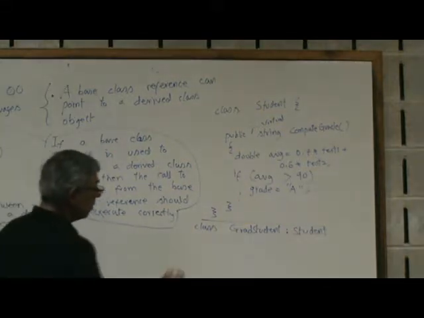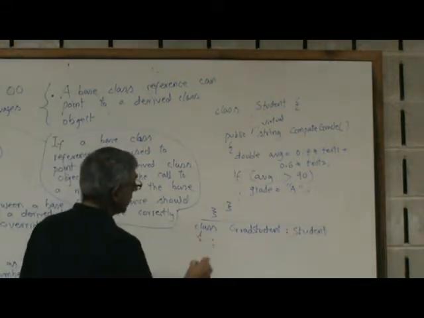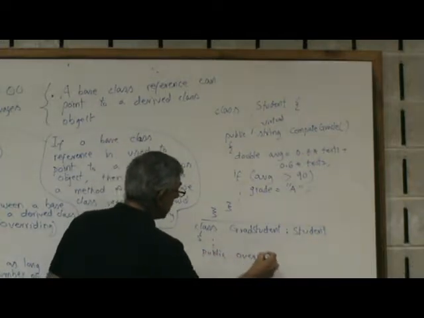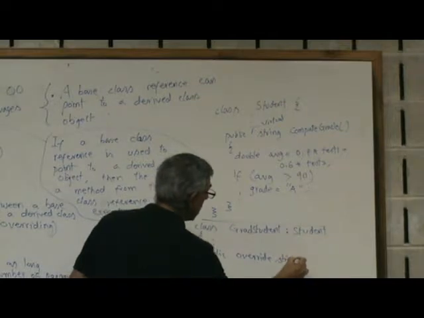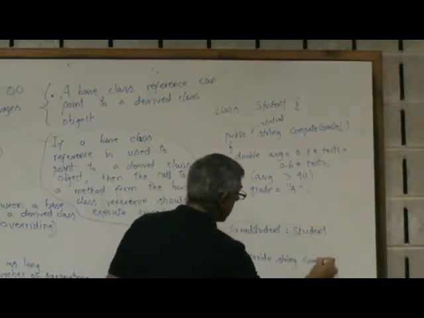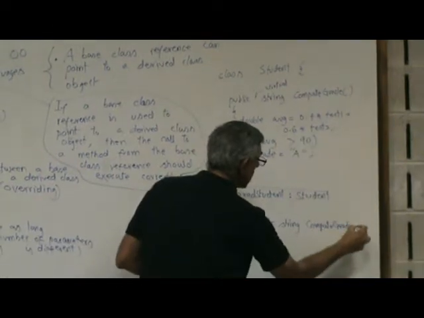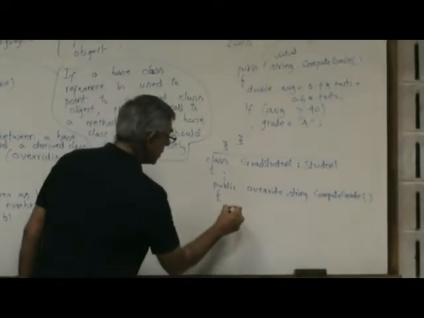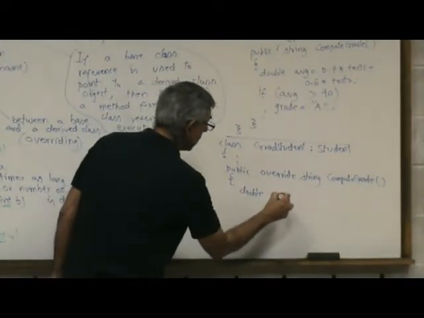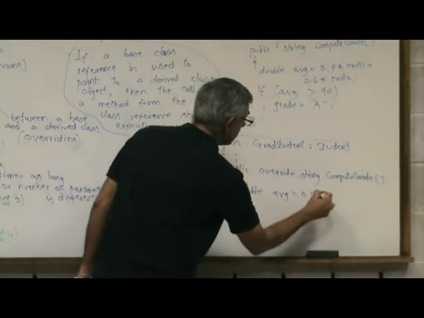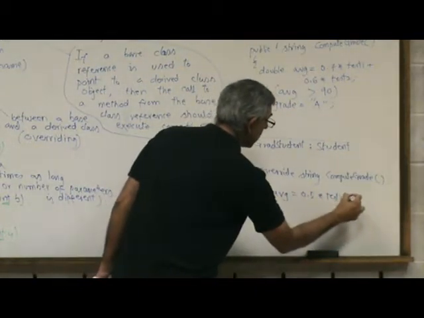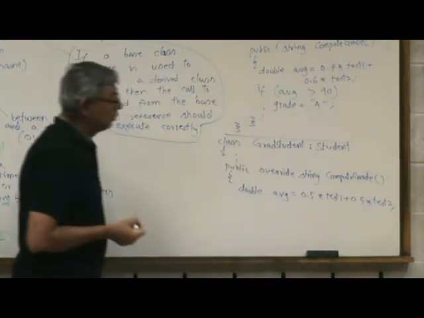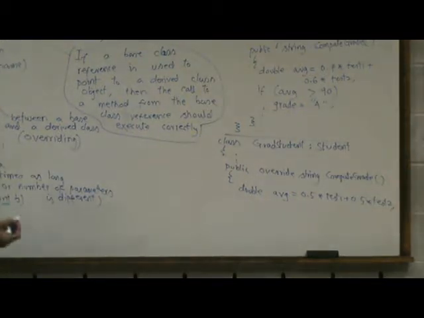Okay, so whatever the data is, doesn't matter, let's do public override string ComputeGrade. Now suppose our code was written as double avg equal to 0.5 times test1 plus 0.5 times test2. So we are giving 50% of the weight to test 1, 50% of the weight to test 2,